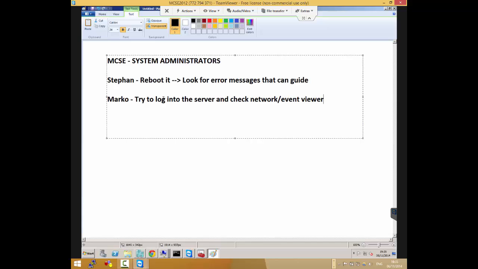That's the reason why I'm bringing this up, to show the importance of monitoring in your environment, because we're talking about monitoring today. The first thing I'll do is look at my monitoring system.